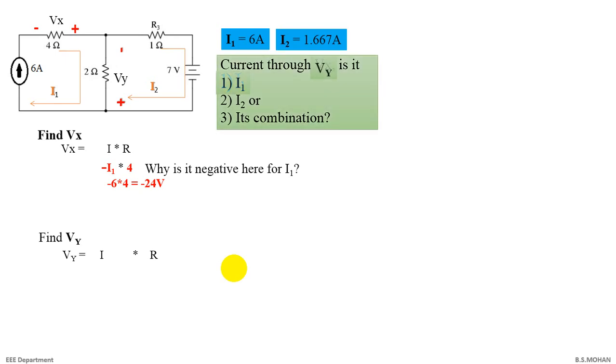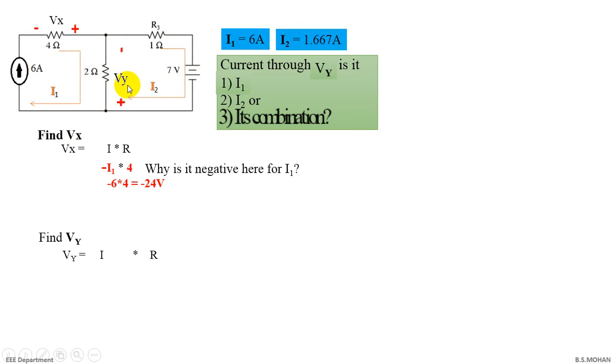Then how do we find I? The current through Vy, or the current through 2 ohms: what are the options for you? Is it I1, I2, or do you think it is a combination? Pause the video to analyze, and once you know the answer, you can continue. The answer is, it's a combination, right? So let us see. Where all is I1 flowing? 6, 4 and 2. Let us not debate on direction. Let us analyze what all currents are flowing. About I2, it flows from this junction through 1 ohm, 7 and then 2 ohms. So that means both currents I1 and I2 are flowing.